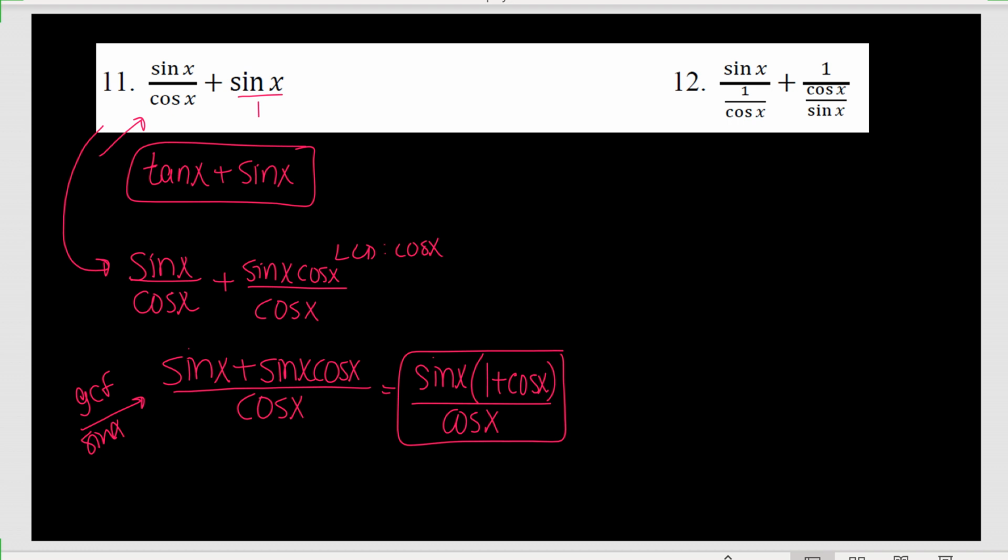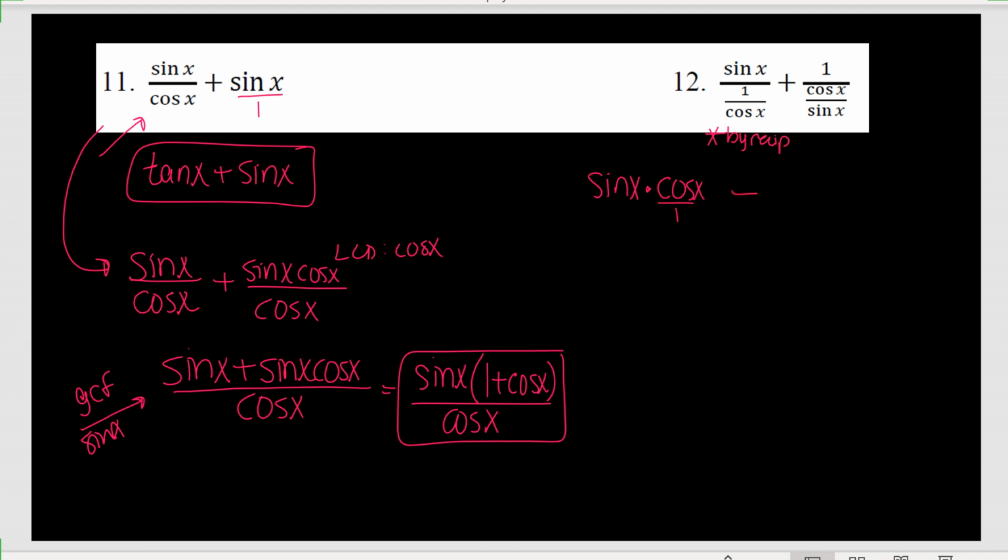Alrighty, last one for our warm-up. Sine of x divided by 1 over cosine of x plus 1 divided by cosine of x sine of x. Okay, so we're going to take it piece by piece. I'm going to multiply through by the reciprocal for the first and second fractions and then see where that gets me. Okay, so sine divided by 1 over cosine turns into sine of x multiplied by cosine of x over 1,